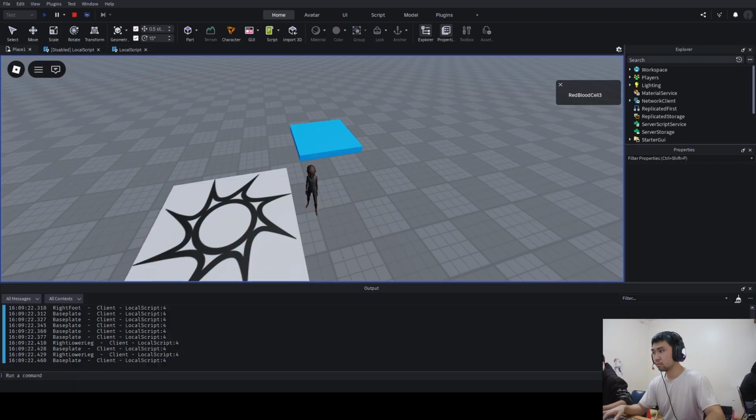Now, it may not be as clear to you because the only thing we can see here is the color difference. Let's do something more visual so we can actually understand it more. So let's hit stop, go back to our local script, and instead we'll change the color of the part when we step on it. So let's delete this print statement here, and let's write a line that changes the color of the part. So we'll say part.BrickColor equals